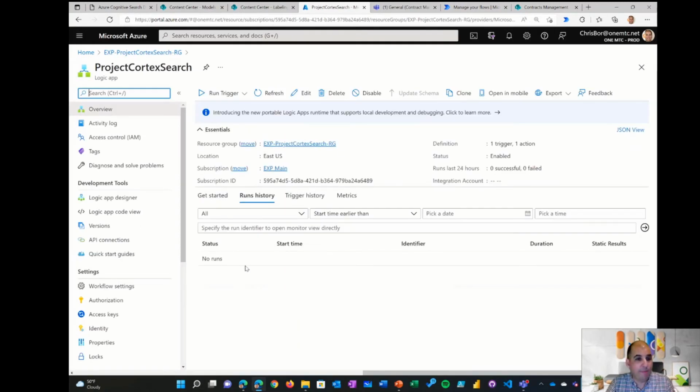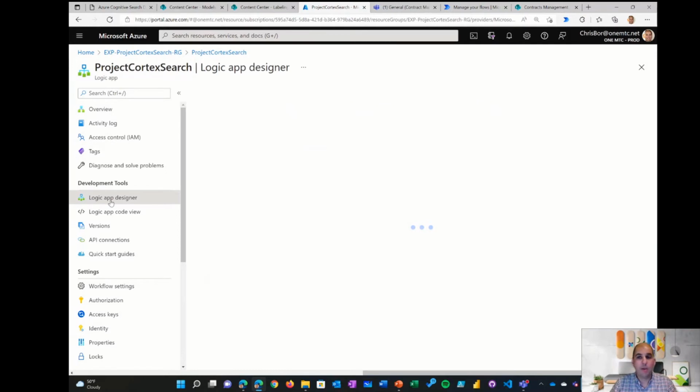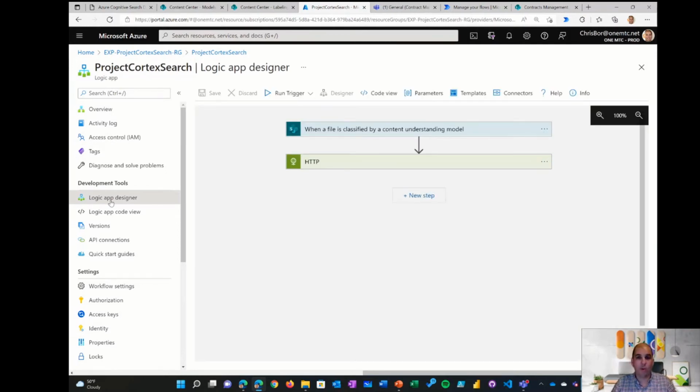Logic apps, if you haven't seen them, is very similar to Power Automate. In fact, Power Automate gets a lot of its experience and capabilities built on top of Logic apps, which is an Azure platform service. So all that I'm doing inside of Logic apps is listening for a certain trigger event. And all that I'm saying is that whenever SharePoint Syntex classifies a file with a content understanding model,